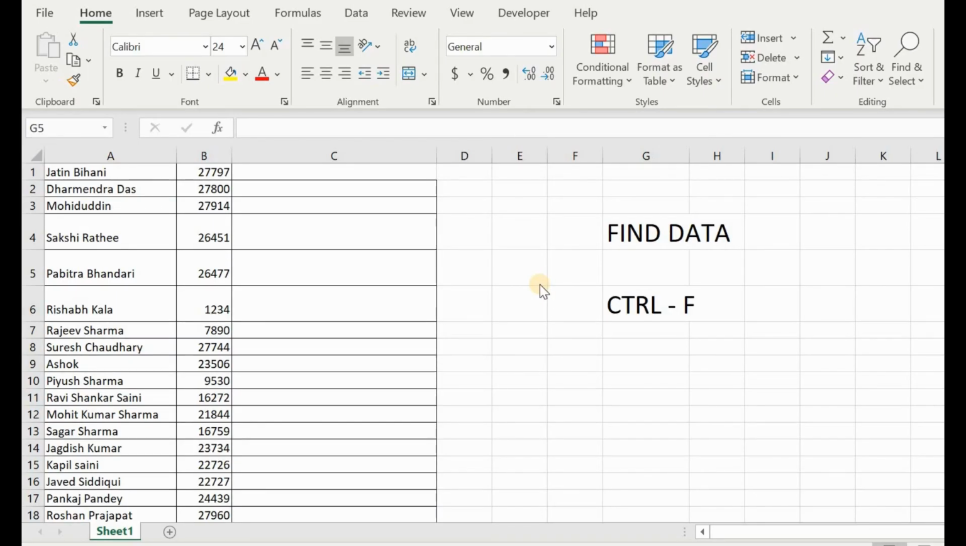In this tutorial, let us learn, if we have to find data, what is the shortcut? Well, the shortcut is Control F. Press Control F. Let's see a few more. Let's say I want to search for Rishabh. Control F,